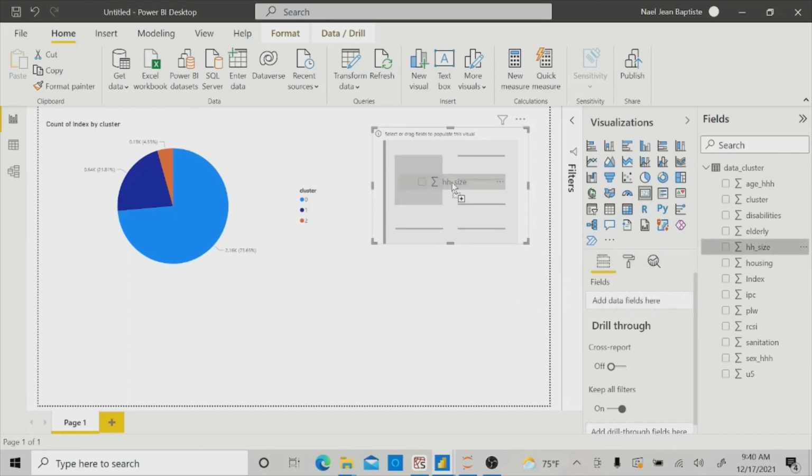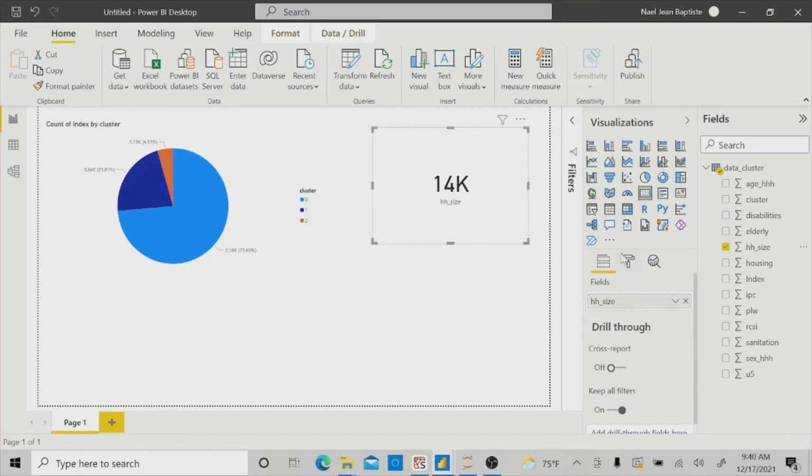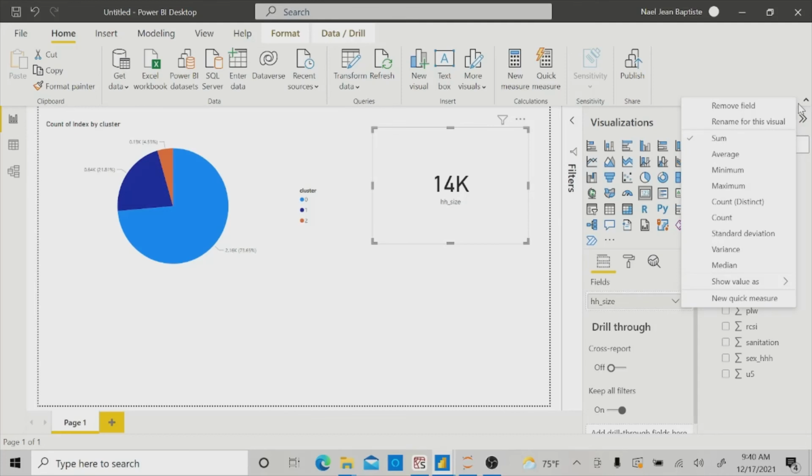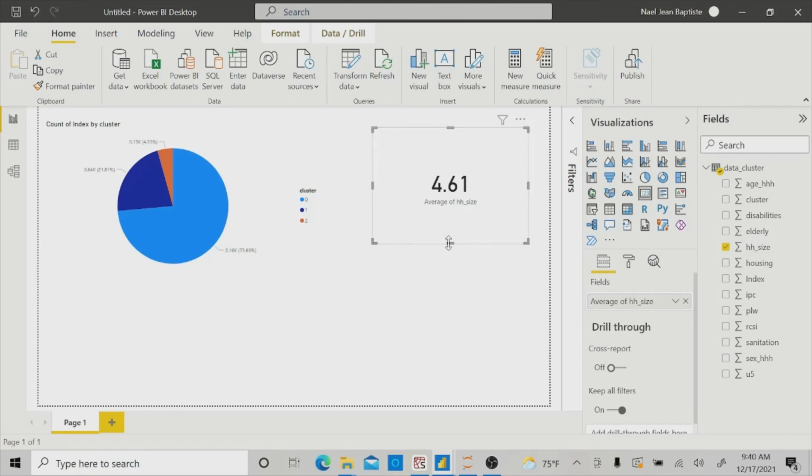I will bring it here, but I need to change it. I don't want the sum. I need the average. All right, so this is the average of my total